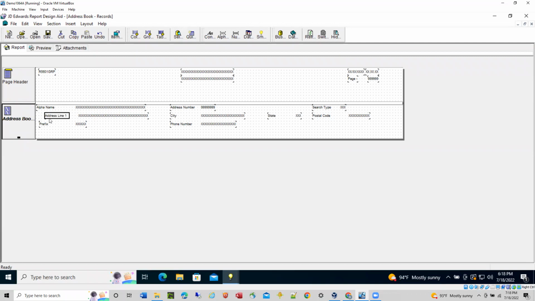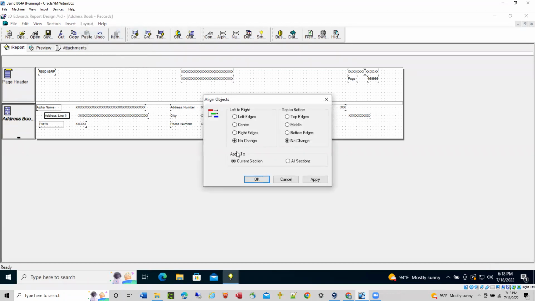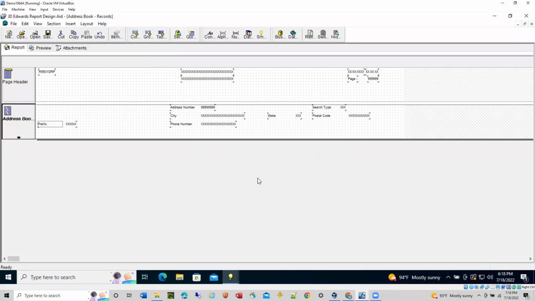What am I missing here? I'm doing something wrong. I want to align these. So I highlight them all and lay out and align. And I can align them to the left edges, the centers, the right edges are no change. I'm going to say I want them to all be centered correctly. I can say,